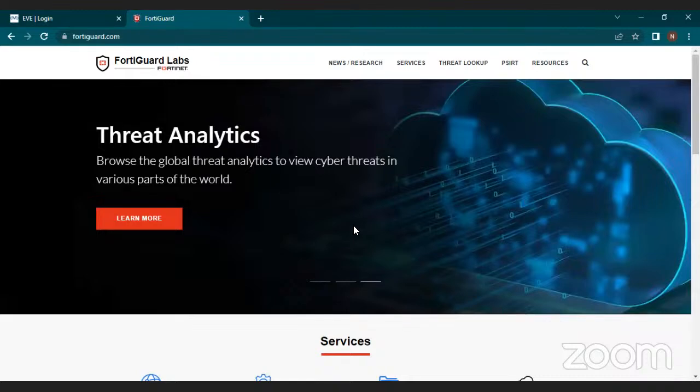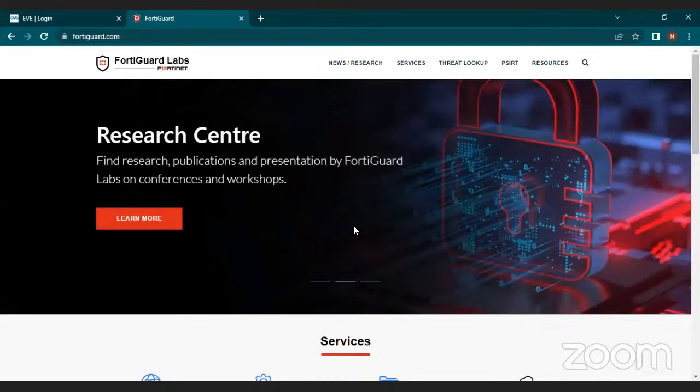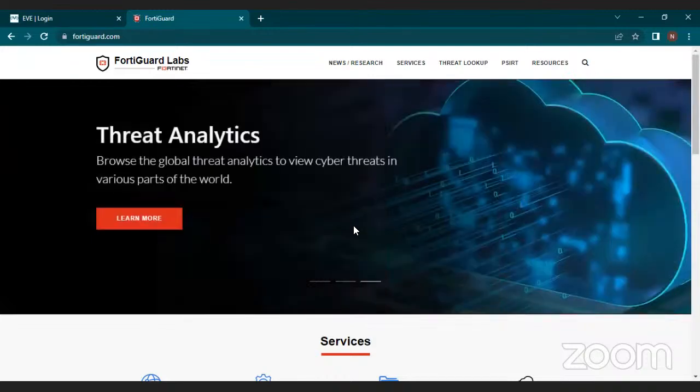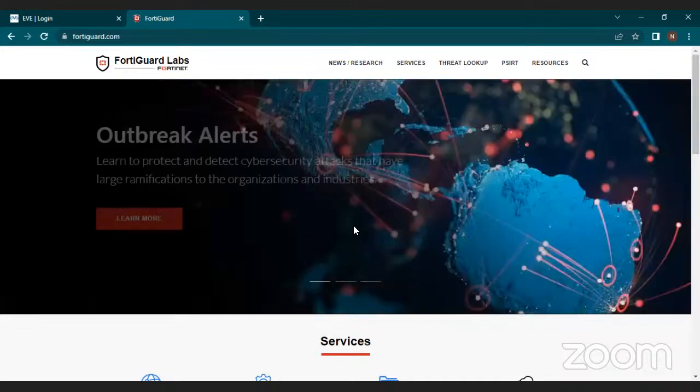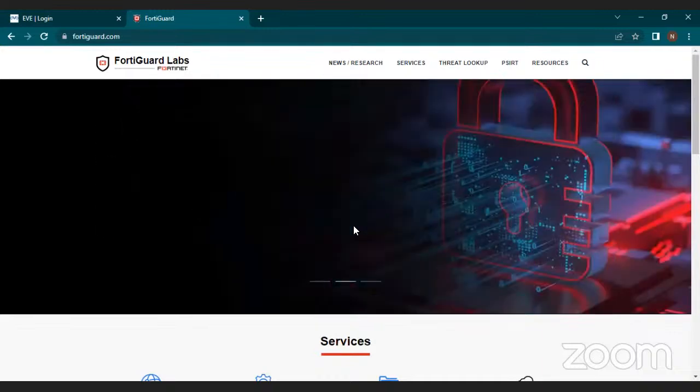Now, what happens is, any product that is developed by Fortinet, if it is a licensed device, let's focus only on the FortiGate firewall. So let me talk about that only. If you have a licensed FortiGate firewall, every firewall will sync up with the FortiGuard. For what? For the latest database of viruses, malwares, signatures for your applications, for your attacks,